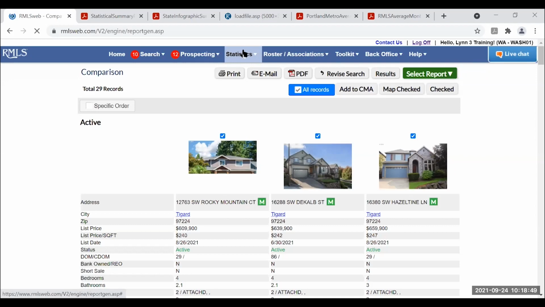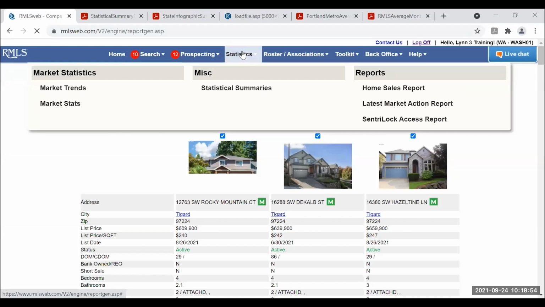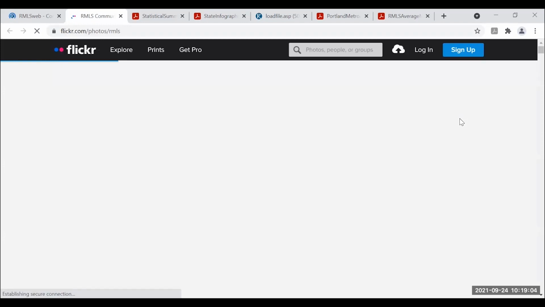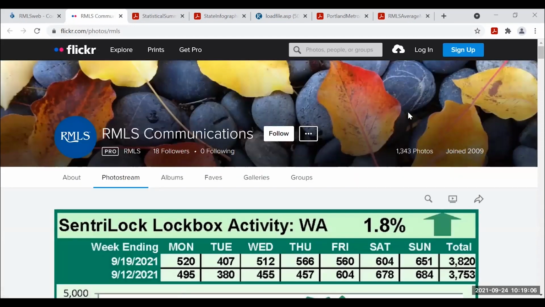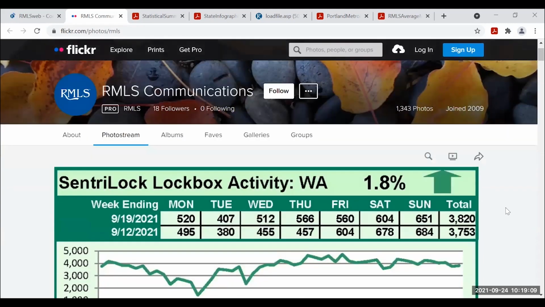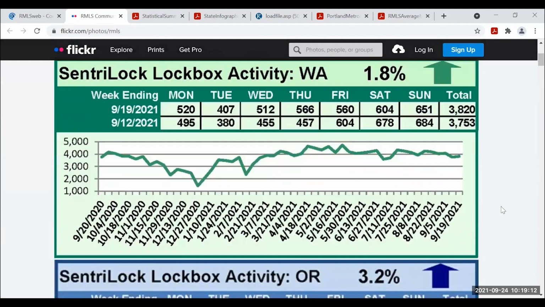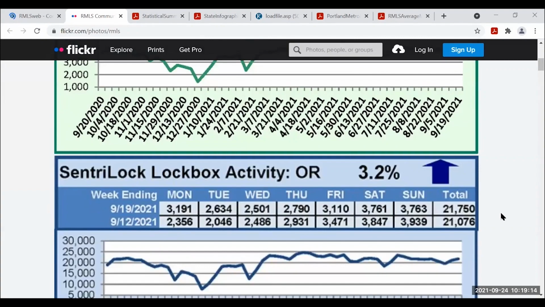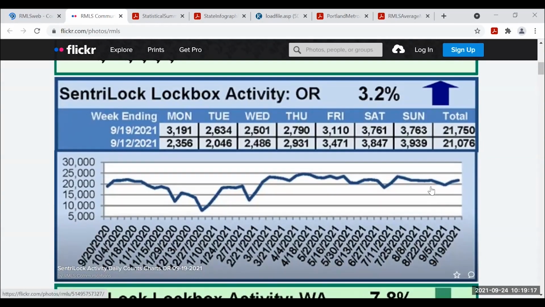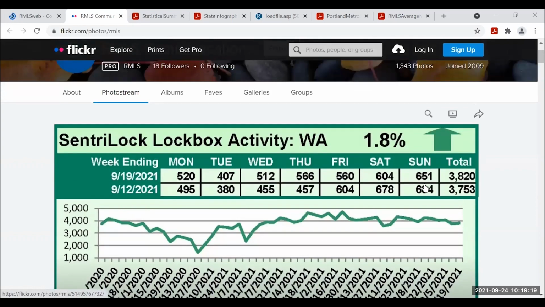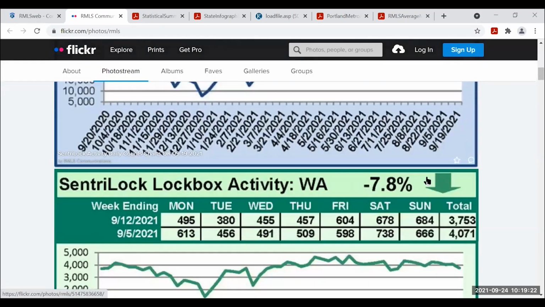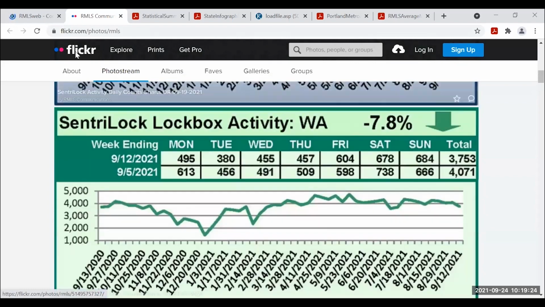And then this isn't in the statistical report overview, but I like to mention it. So statistics Central Lock Access Report. So every Monday in that weekly report you get from Communications, it gives you a little graph of lockbox activity for the week, and did it go up or down for Washington and for Oregon compared to the week prior, and then you can see a little graph of activity over time. Sometimes people ask where they can get back and see those, so that is available under statistics as well.